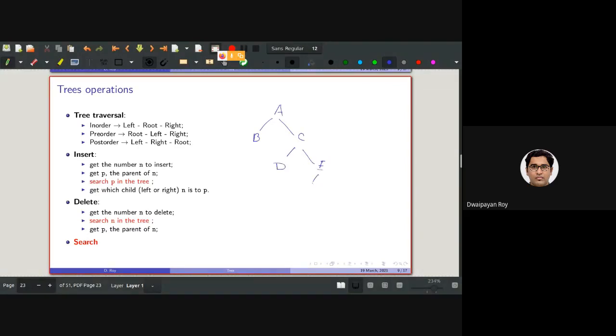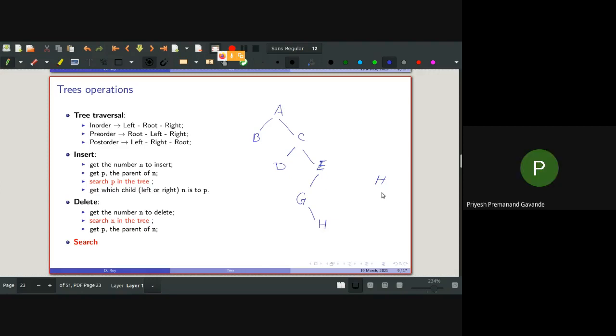How will I be able to search in a tree? How will we check whether, say, H is in the tree or not? I want to check whether H is in the tree or not. What should I be doing?